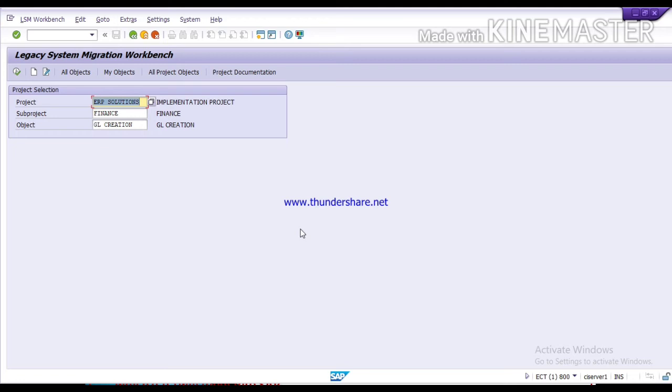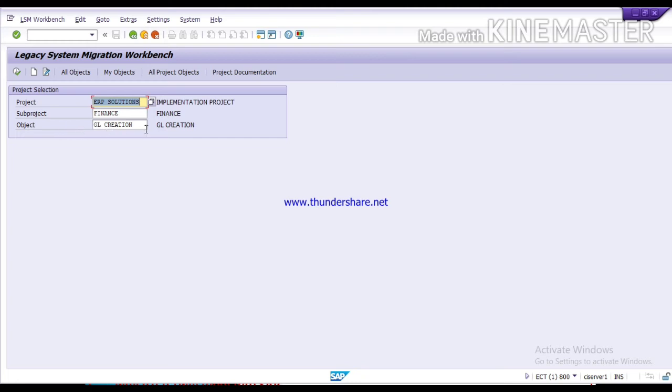Now here you can see all your fields have filled with the information which you have entered. Like project is your ERP solution implementation project, finance is the sub-project, and your object represents your T codes, like your GL creation.